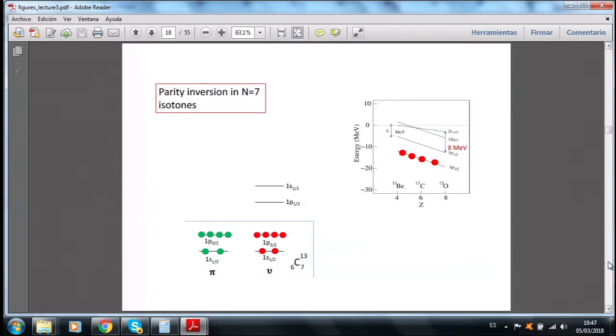This is an exaggerated way of drawing, but it's just one neutron in an orbital which is very far out from the core. And, well, in principle, the fact that the orbital is very far or very extended in space has to do with the tail I showed you before. If you have a weakly bound nucleus, a weakly bound single particle state,